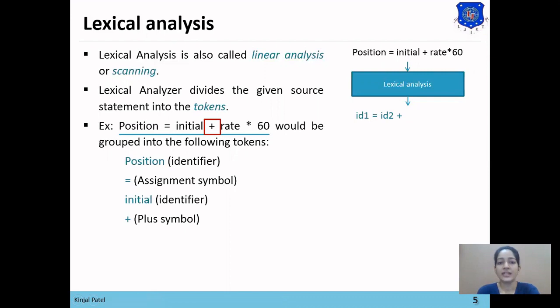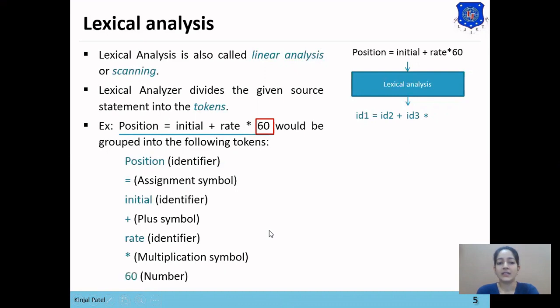Then next string is rate. So rate matches with the pattern of identifier. So rate is an identifier type of token. Then multiplication matches with the multiplication sign. So it is multiplication symbol.